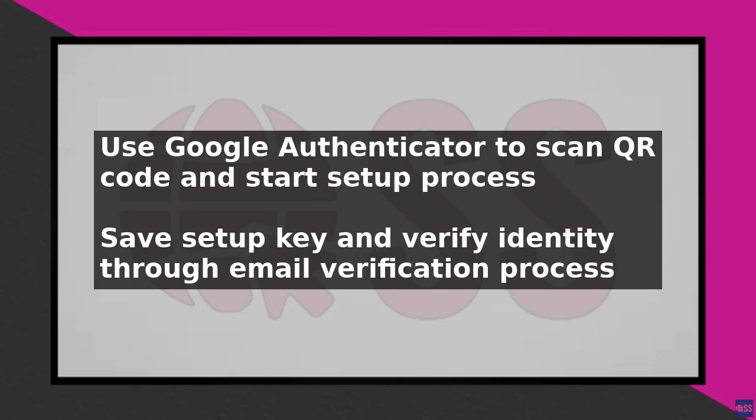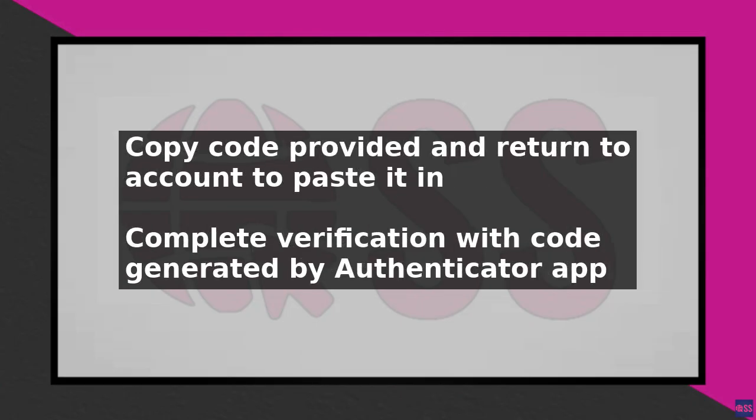This will prompt you to set up the Authenticator app by scanning a QR code. Using Google Authenticator, tap the plus icon and select Scan a QR code to begin the setup process. After scanning the code, you will be asked to save a setup key and then verify your identity through an